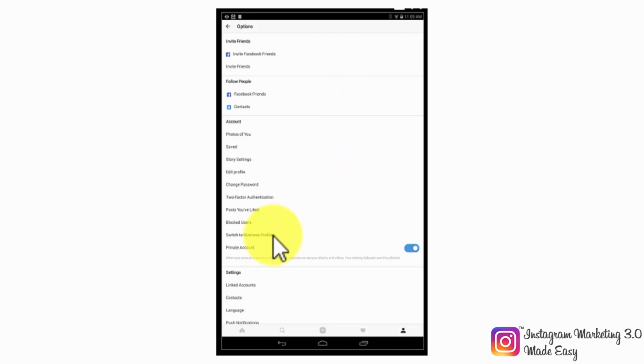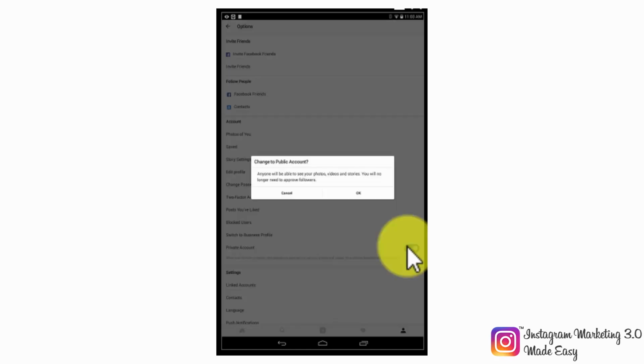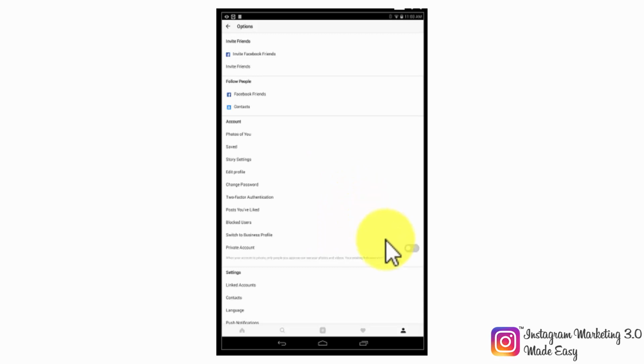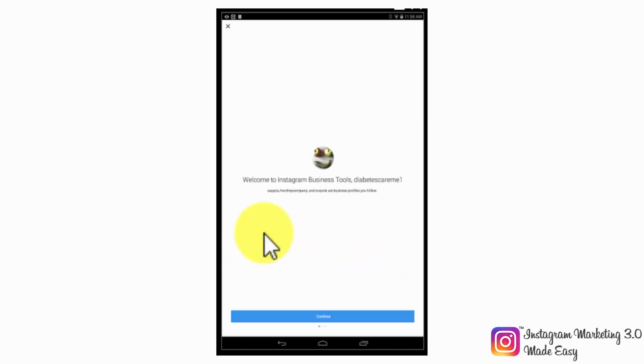Tapping on this tab is what will allow you to use Instagram as a business entity so you can access and use Instagram's business tools. Before tapping on this tab though, look at the Private Account option below the Switch to Business Account tab and tap on the Switch button on the right in case that it is set as On to make your account public, and then tap on OK when prompted, as you won't be able to switch to a business account while your personal account is set as a private account. Cool. Now that your Instagram account is public, simply tap on the Switch to Business Account tab to get started